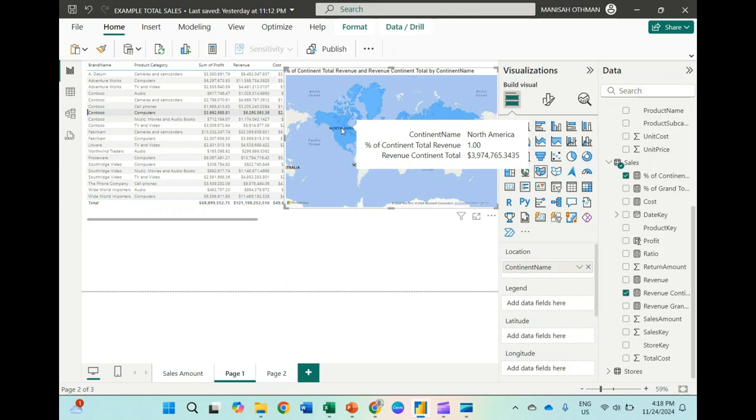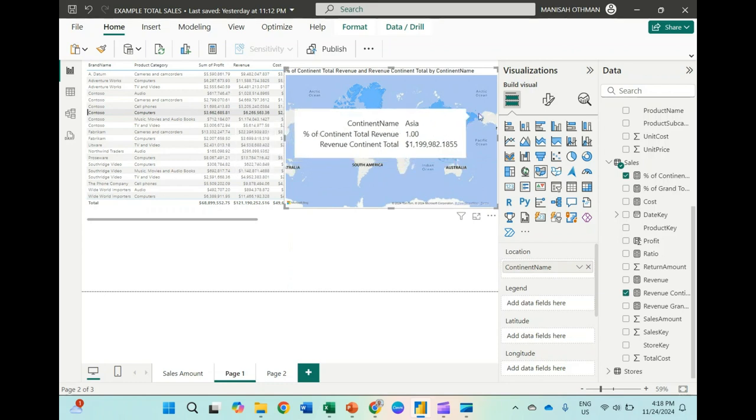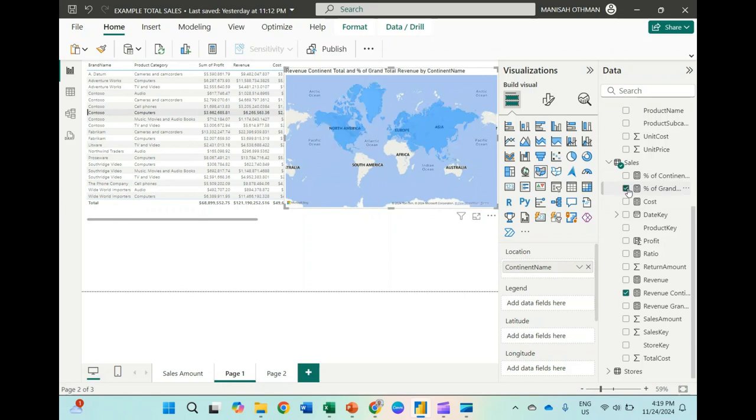Bring your cursor and you can see continent name North America, percent revenue total continent total. Because this is a percent, maybe you want to put a grand total here. So percent for every grand total revenue. Of course based on the continent is 1%.